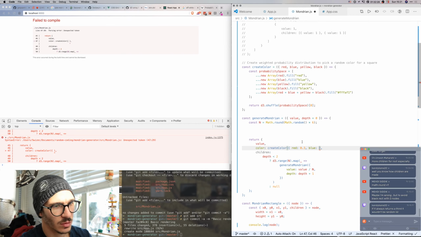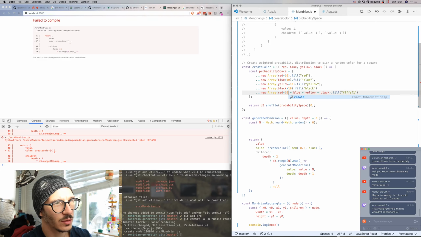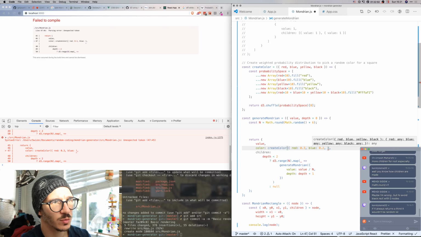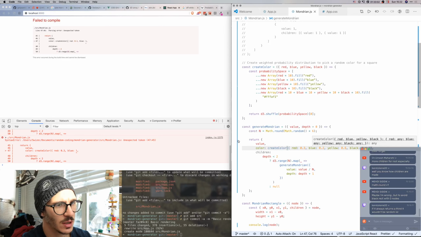So let's do times 10, and then here we can do times 10 like that. So blue, let's say we want 20% of the squares to be blue. Yellow, we want, let's say, 0.6% of the squares, and black, we want 0.4% of the squares. So we should now get